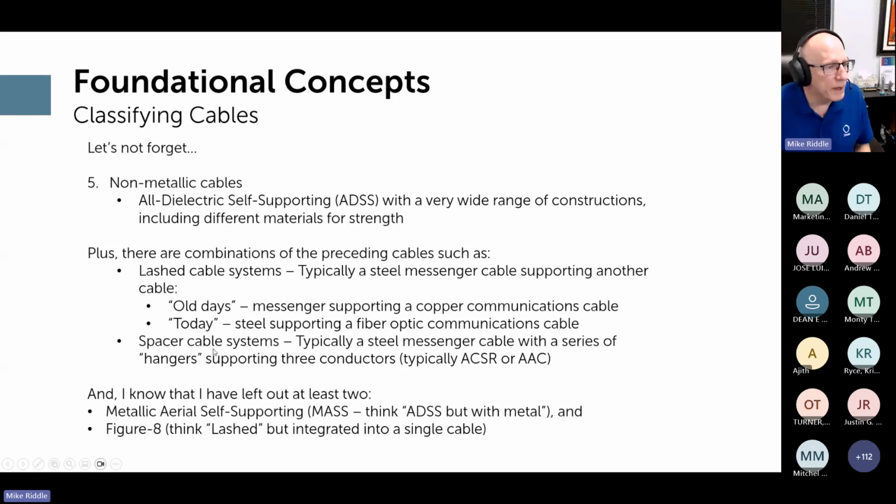And there's also spacer cable systems where, again, you have a steel messenger cable with a series of hangers that support something that's being used as a conductor. And I've left out at least two already: metallic aerial self-supporting, which is kind of like ADSS, but it has some metal in it. Remember, ADSS, all dielectric, should mean no metal. And then figure 8 cable. It's basically a lash cable, but it's integrated into a single cable. And I might have missed some others, but